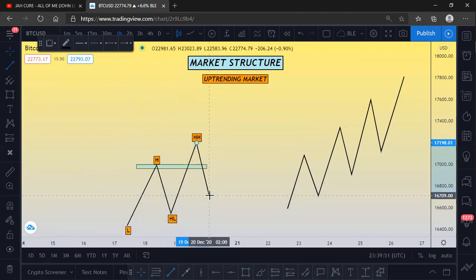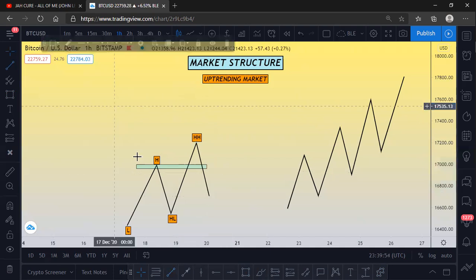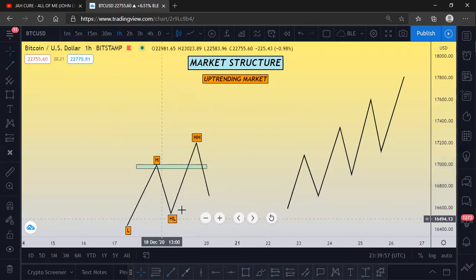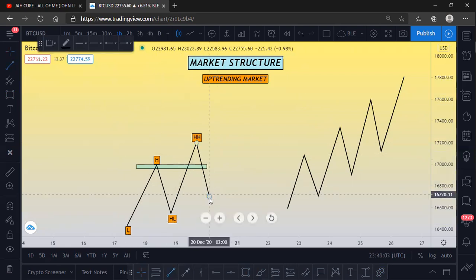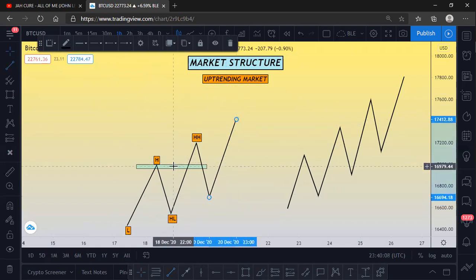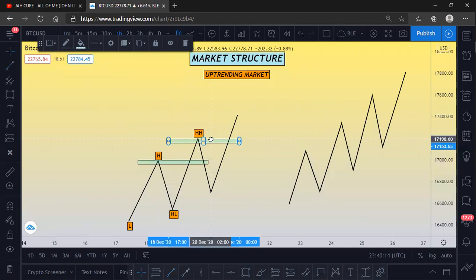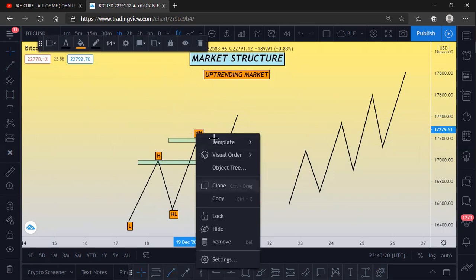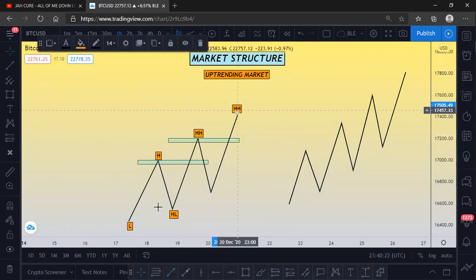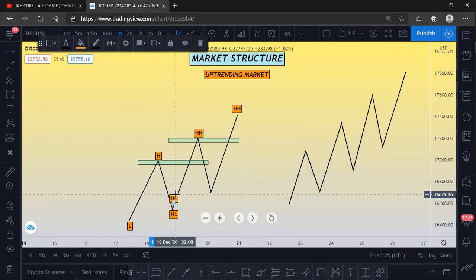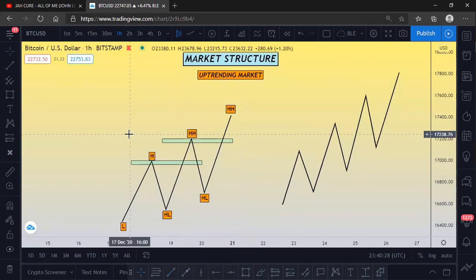But then market comes down and closes here again. Now it has not broken structure, it's still within structure, an uptrend market, and then we have an expansion move again to the upside that went above this higher high. Can you see how price closed above it again? So now this makes a new higher high. And this is going to be our second higher low. Okay. So like that, you want to see price keep going like that.